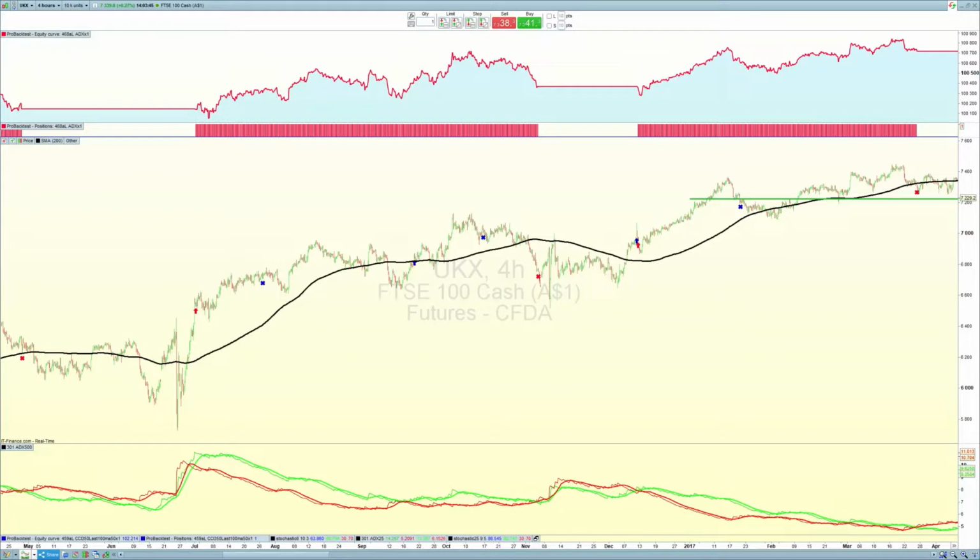So what we've got here is the price chart, a profitability chart up here, number of contracts we're trading, and down here we're using the ADX indicator, and I've put a parameter of 500 period in the ADX. It's normally by default 14 period in most charting software, but we're using 500 period to give it a longer